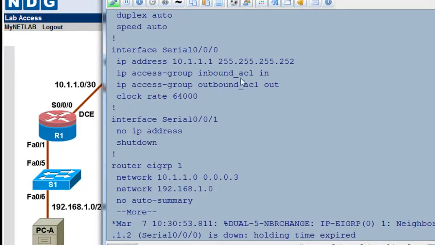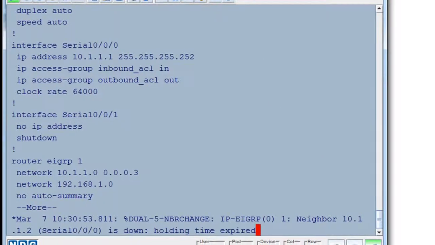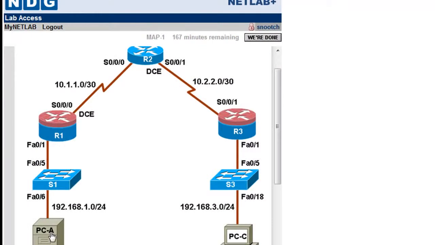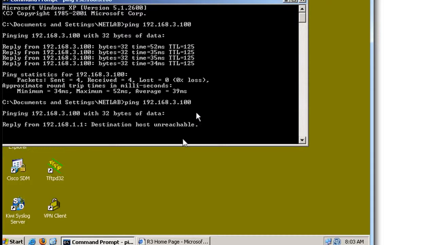Okay, and let's see. We've just been given a hint, but I'm not going to say anything till I demonstrate it. But let's see now on our access list. We'll hit more. We permitted outbound ICMP any source to any destination, and we permitted ICMP any source any destination on the inbound. So we should still be able to ping from PCA to PCC, and we'll give it a test. So we'll run the test, run an up arrow here, ping 192.168.3.100, and we'll hit enter,